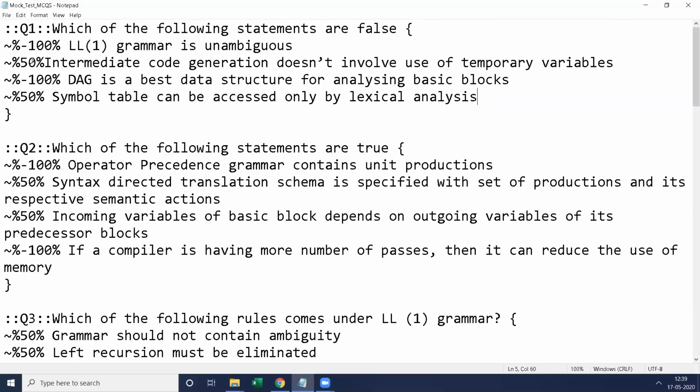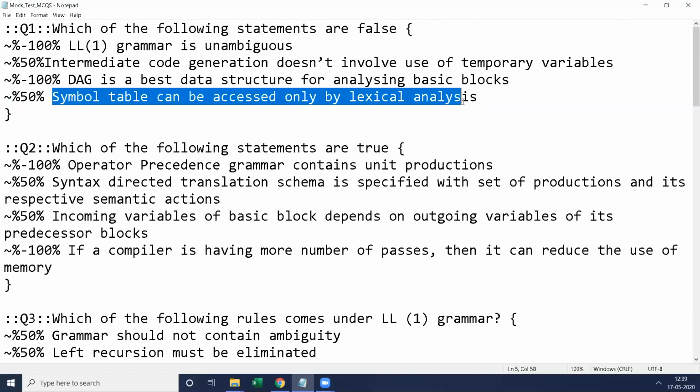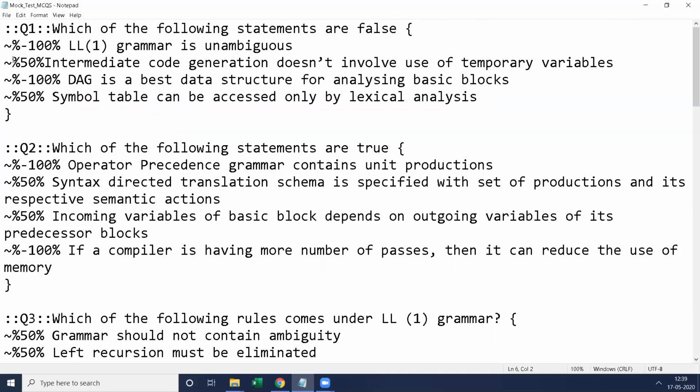Percentage means the right answer usually indicates 100%. So here 2 right answers are there. This is the first right answer, the second choice, and this is the second right choice. So we will split this 100% into 2 different percentages: 50% for the first choice, 50% for the second choice. So 50 plus 50 means it is 100%. We are distributing the percentage of marks for these 2 choices.